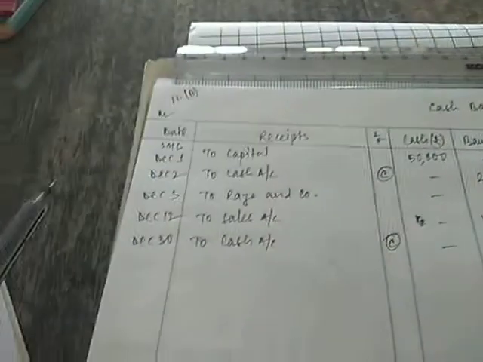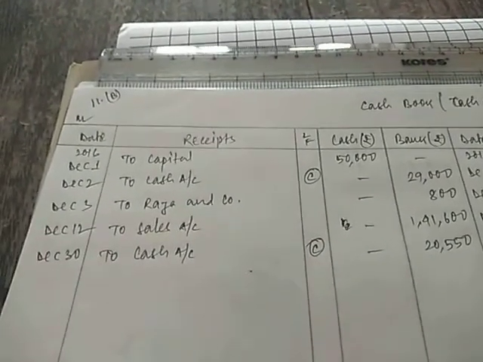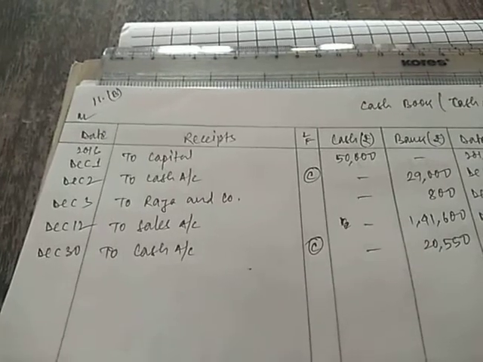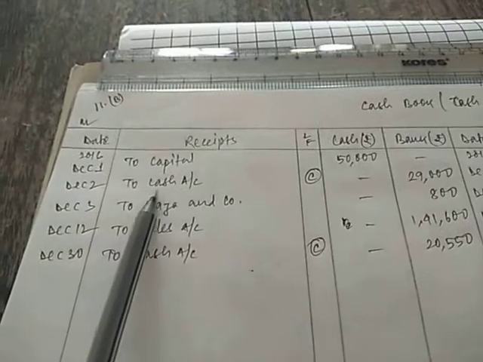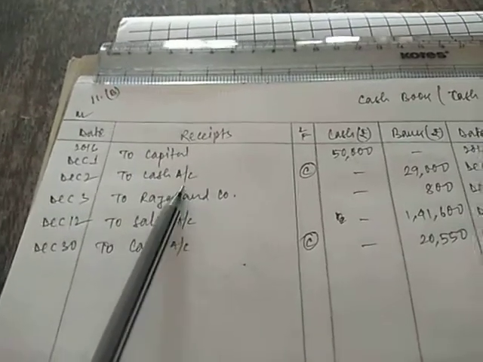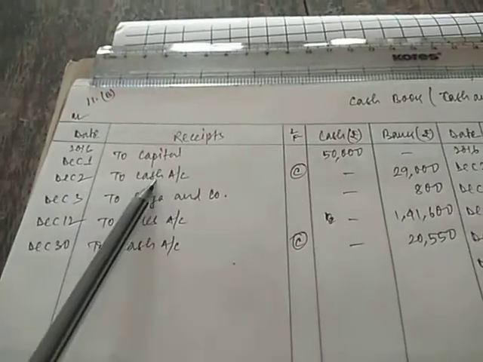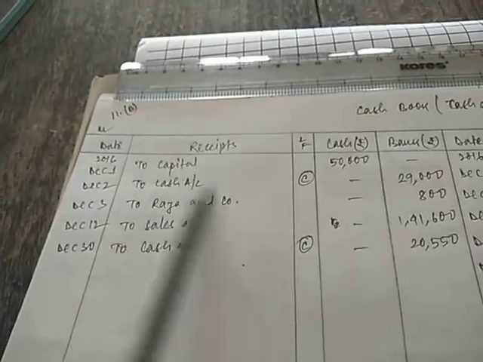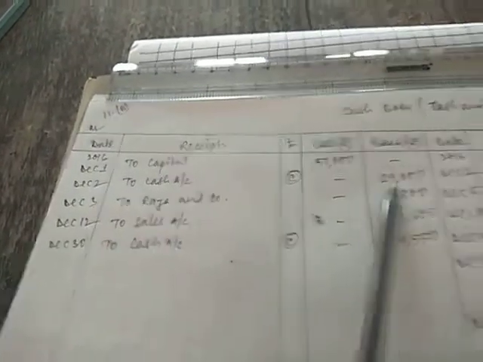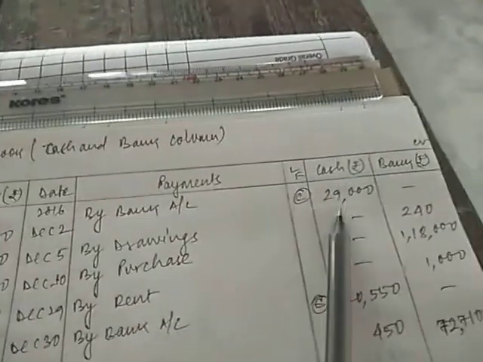On 2nd of December we have paid into bank or deposited into bank. So this is a contra entry. When we deposit cash into bank, it is a contra entry. Now for contra entry, you need to make the entries on both sides, debit and credit sides. On debit side, you will have to cash account. Now the general entry for depositing cash into bank will be bank account debit to cash account. You write in the bank column 29,000. On the same date, December 2nd of 2016, you will write by bank and you will withdraw 29,000 from cash.